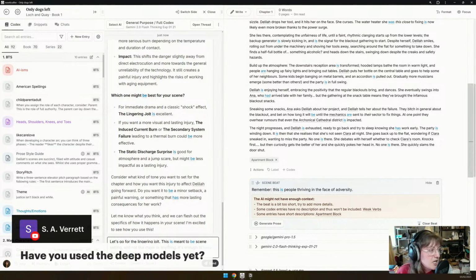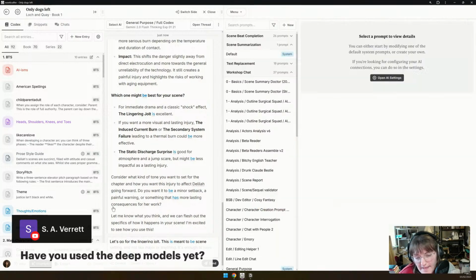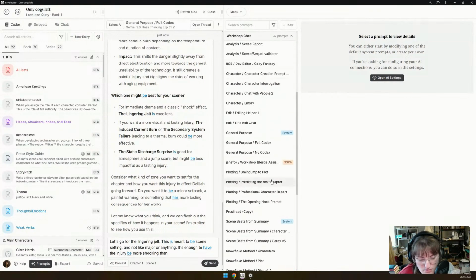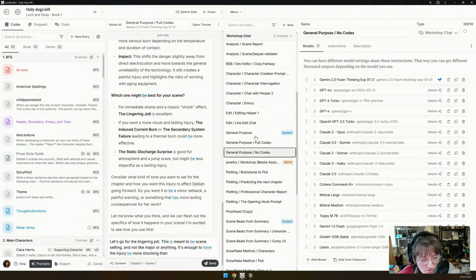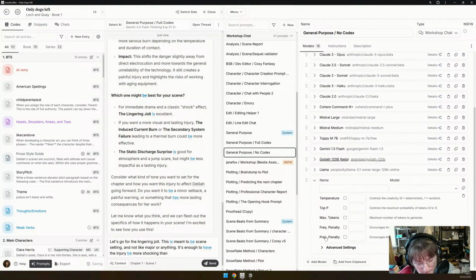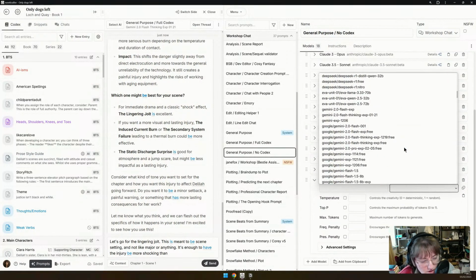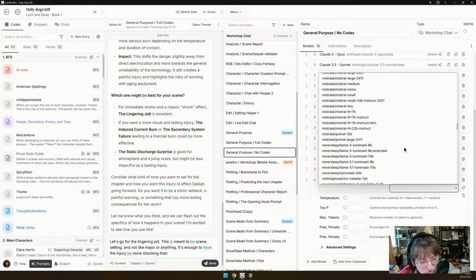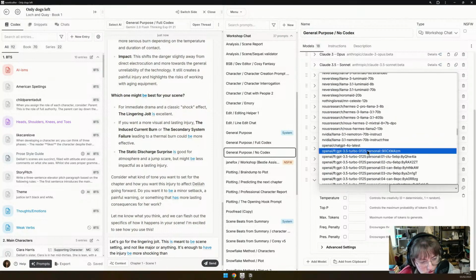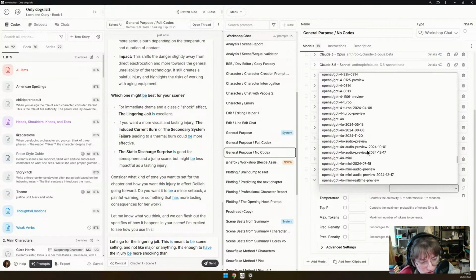Any of the deep models, as in the GPT deep models? I think there is the API for that. Let me have a look. I've not tried it, but I can have a look. And now we see all my fine tunes.